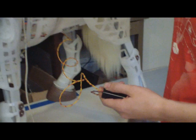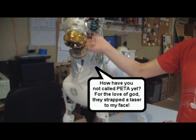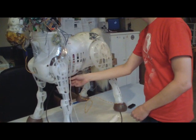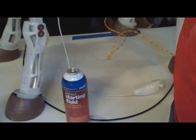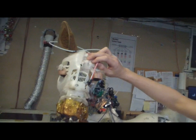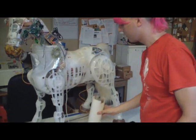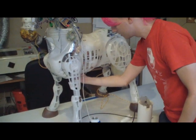We have the ignition, which is handled by a modified grill igniter. It's going off in the nose, and that ignites the fuel source, which is just starter fluid, which runs up this tube from in the body and is spit out through the nose over that igniter. To actually apply pressure to this and cause it to squirt the fluid out,